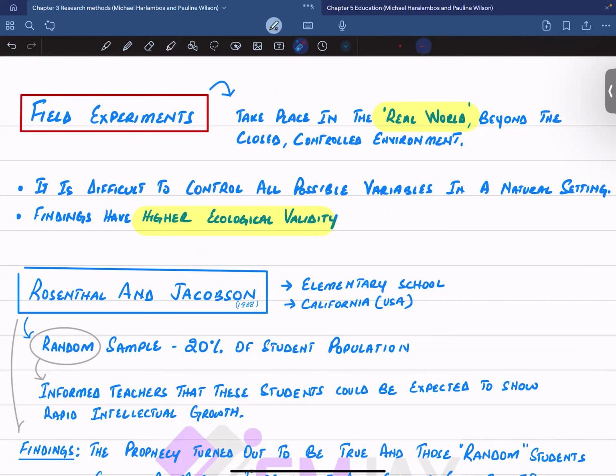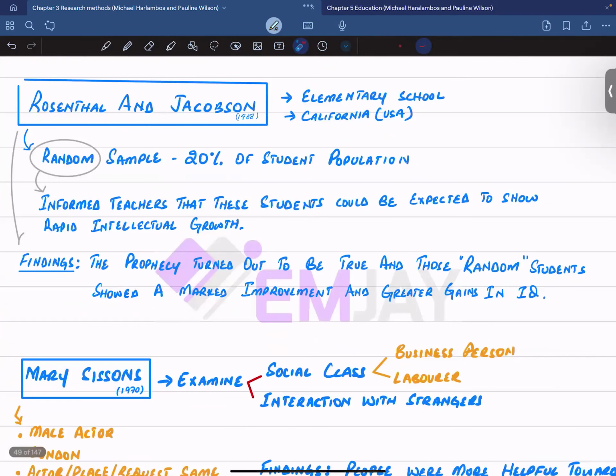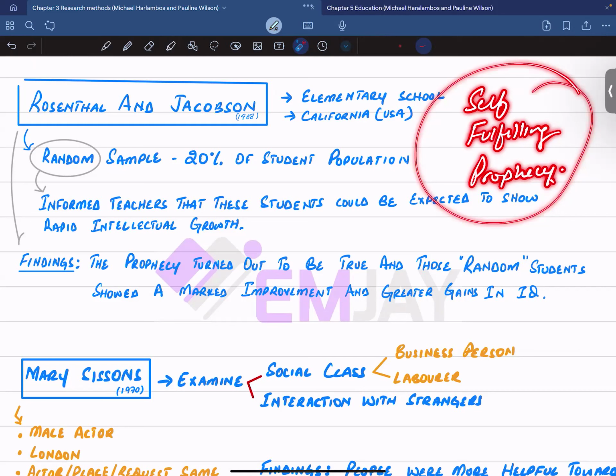Moving on, let's talk about this reference study that was conducted by Rosenthal and Jacobson. Rosenthal and Jacobson conducted research on the idea of self-fulfilling prophecy. A prophecy is a prediction. What is self-fulfilling prophecy? In this context, the idea is